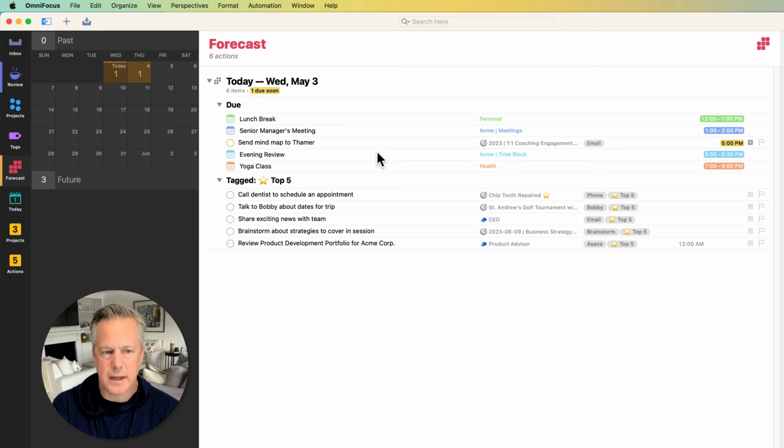Something that I see with some of my clients that they find particularly effective is taking a view like this and printing it out and using it as their note-taking tool for the day. So they're adding to it, they're completing stuff, they're writing something down that they need to do, they do it. And then at the end of the day, they take that paper version and reconcile it back to their digital version.